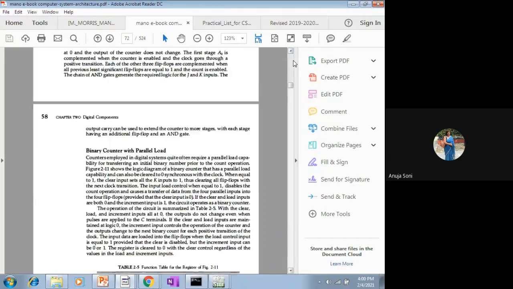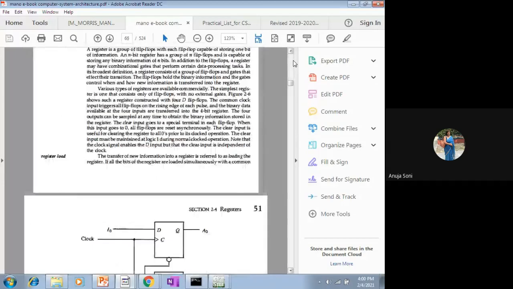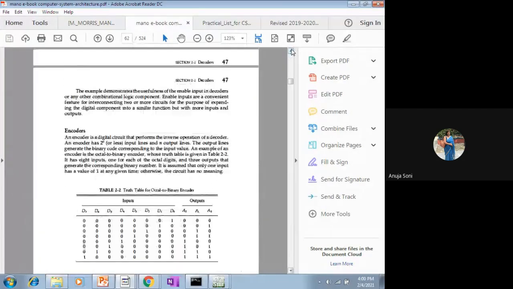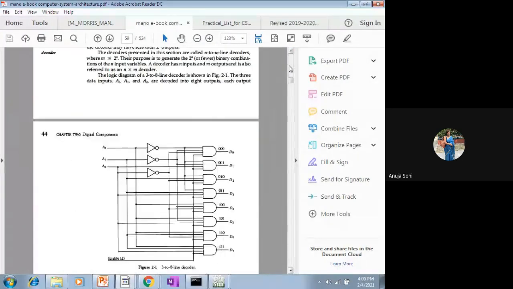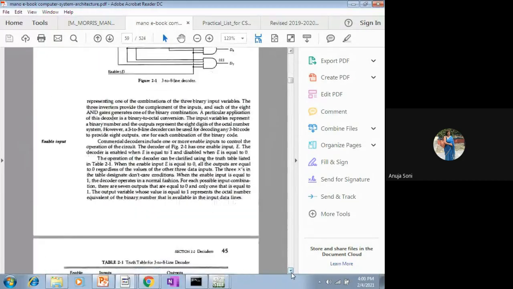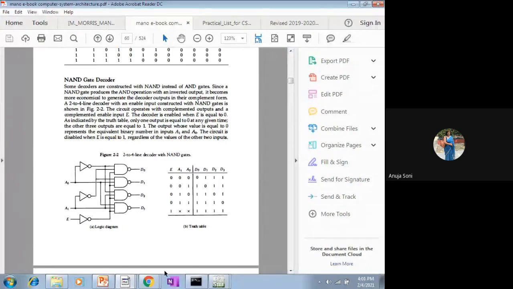We are talking about your second chapter, specifically the concept of decoder. This is your decoder expansion. Prior to that, you have which table you are going to talk about. Actually, you are talking about this kind of table. See, this is a different version of the decoder using NAND gates. But at present, I am going to talk about the 2:4 size decoder using AND gates. This is the difference.